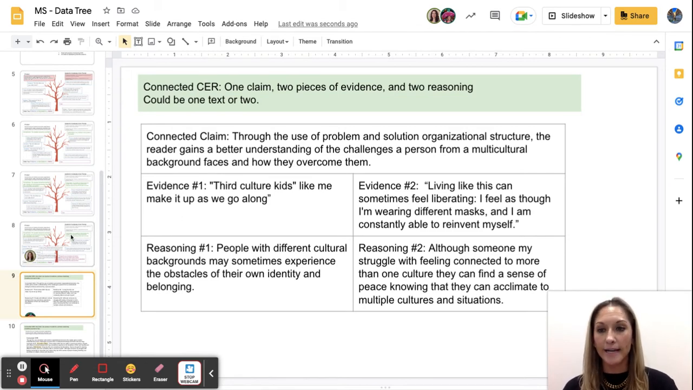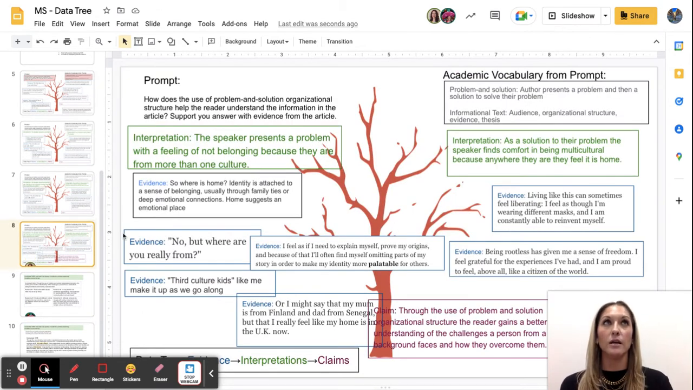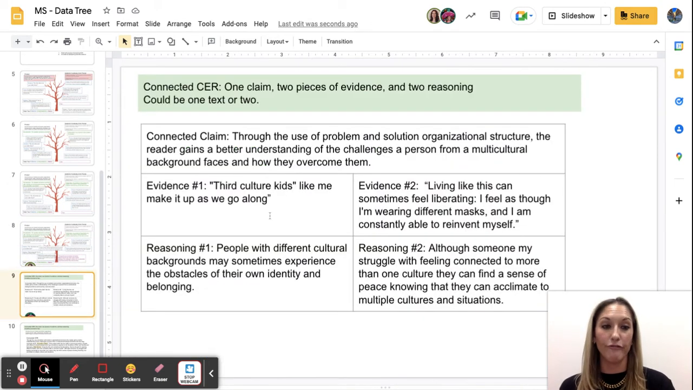Then I go back to my data tree and ask, how can I support that claim with evidence from the text selection? So I pulled a piece of evidence from my problem category, and a piece of text evidence from my solution category, and I'm simply placing that in the frame. For middle school, we just want them to put the actual quote here. We're going to teach them about transitions in the next step. We just need them to find the best piece of text evidence that will support their claim and put it